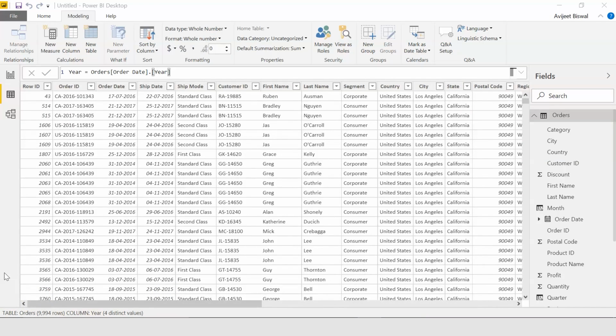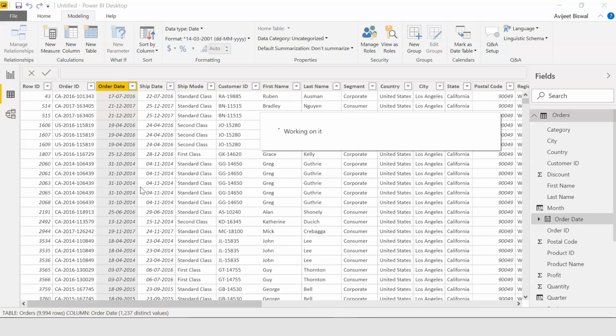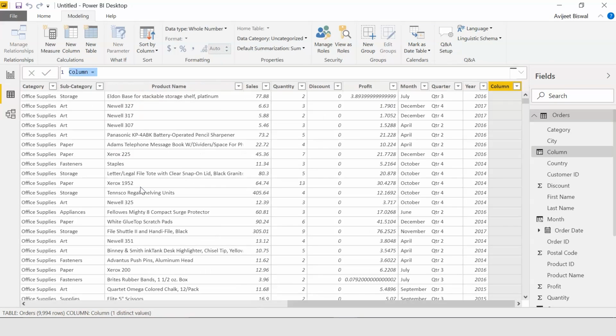Now let's find which day of the week was the order placed. So we need to use the weekday function and give the order date as parameter, followed by which day you want the week to start with. I'll show you how to do that. So I'll click on order date, then select new column. Let's rename this column as day of week.